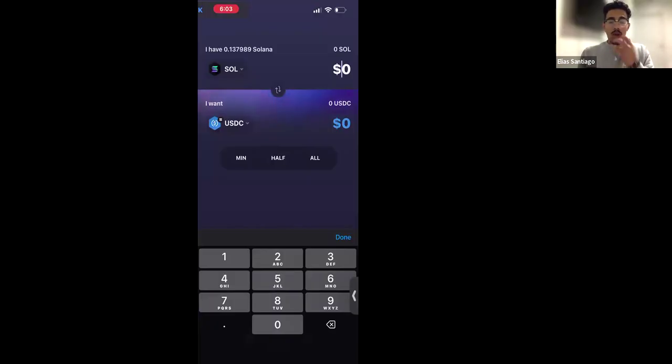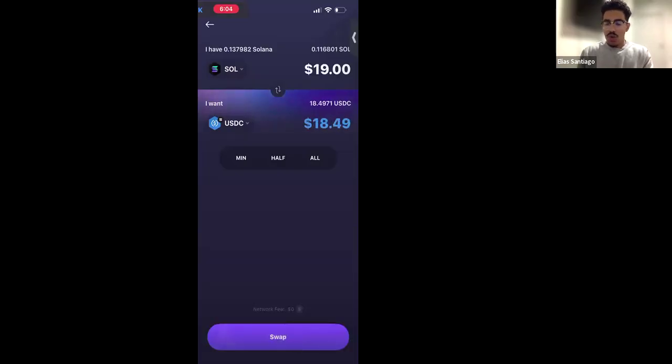At least, I'd say keep 3 to 5% in your wallet if you're going to be swapping it. So I have 22 Solana here. I'm going to keep at least $3 in my wallet. So I'm going to swap $19 worth of my Solana, because I remember I want to keep at least 3 to 5% of it inside my wallet for transactions. So I'm going to click swap,